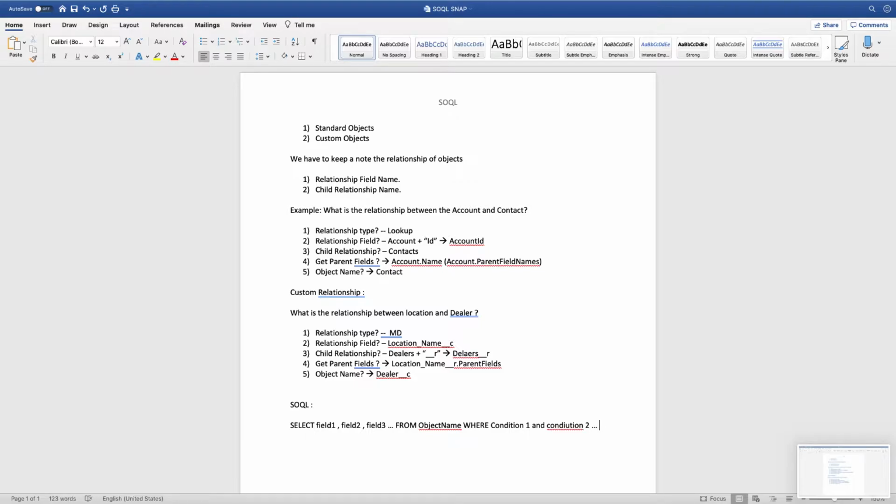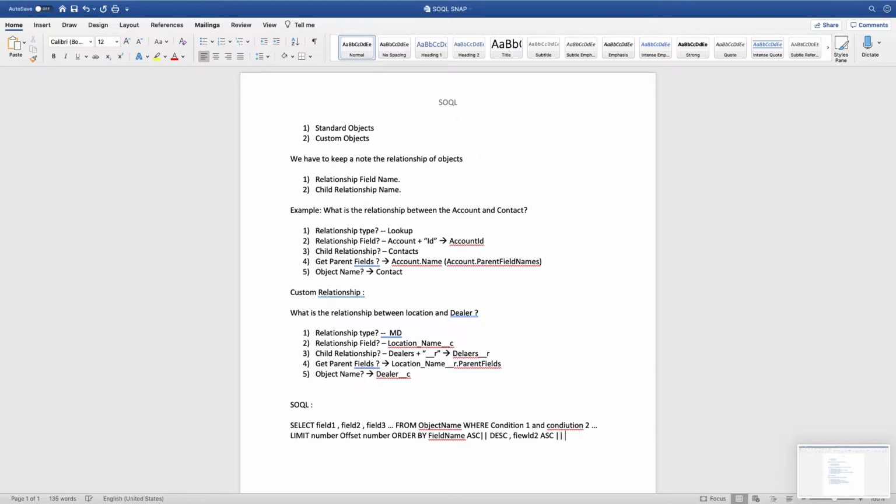Then you can use limit number, offset number, order by field name, ASC or DESC, descending, comma, field 2, again ASC.